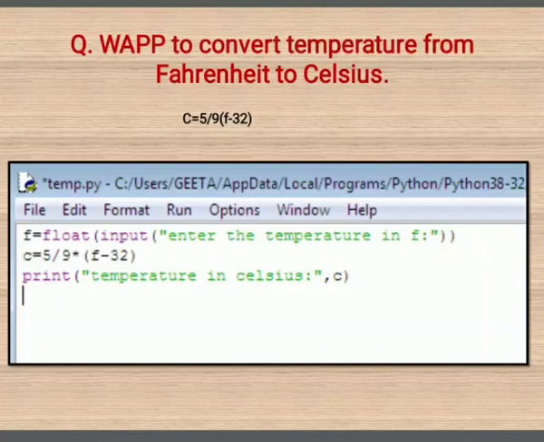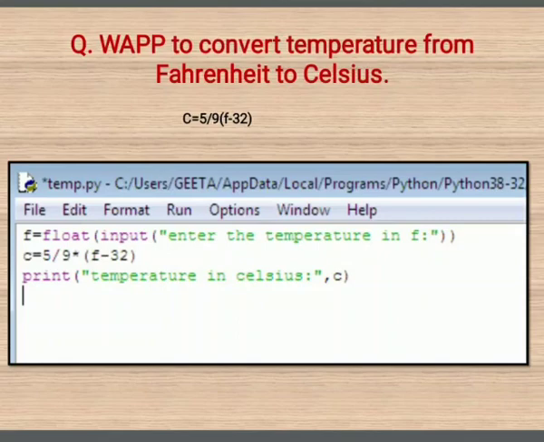We remember the rules. Rule number 1 in Python programming: accept the value from the user. Whatever is on the right hand side, we have to accept the value with the help of the input function. Second step, convert it into the numeric format so that it can be used in calculation. Third step, do the actual calculations using the formula. Fourth step, print the result. So let us begin with the programming part.